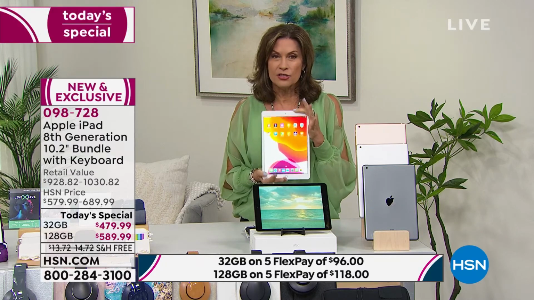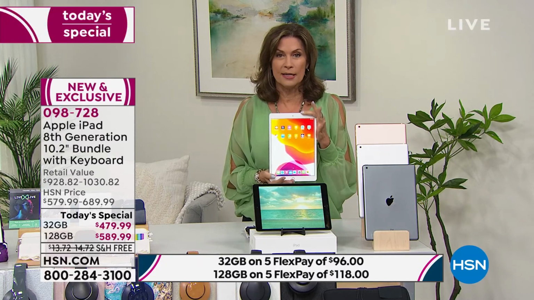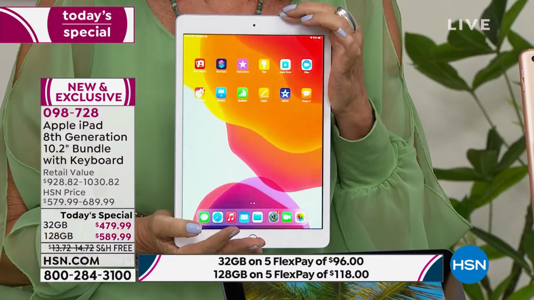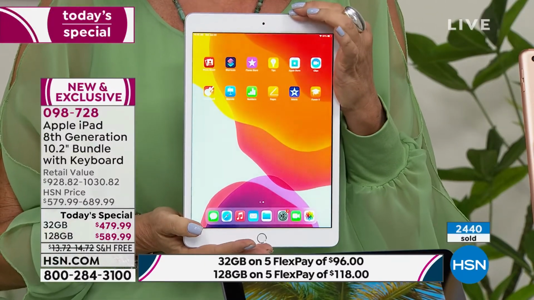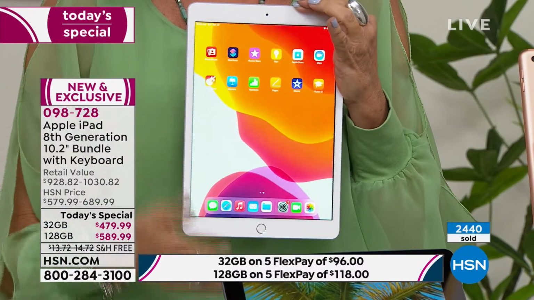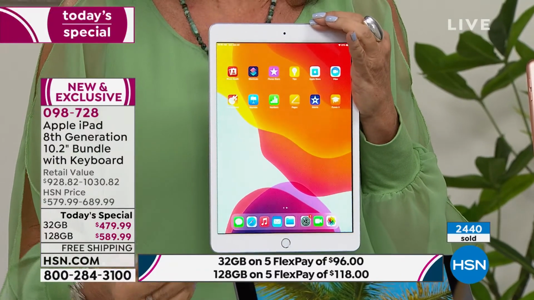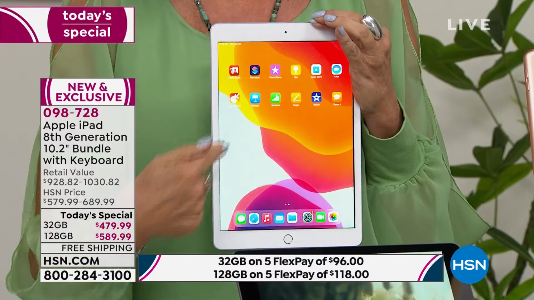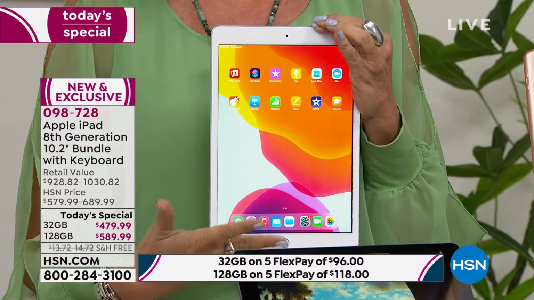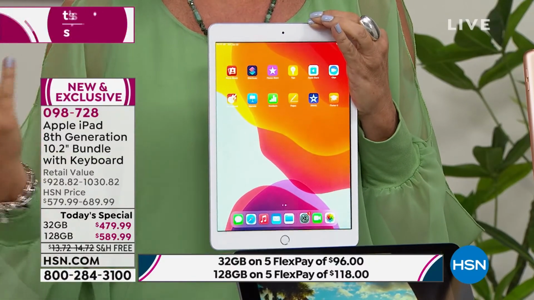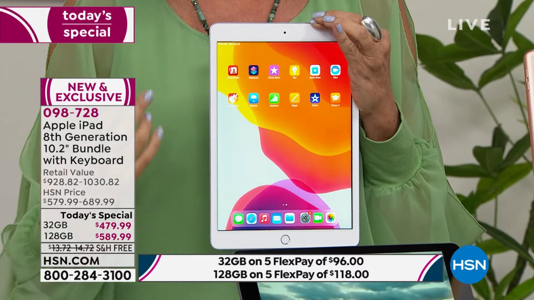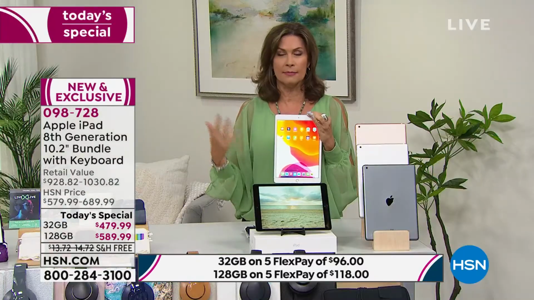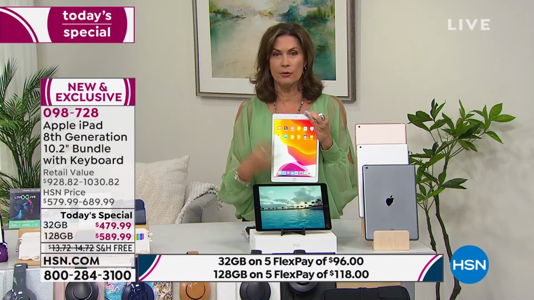It is a product that changed all products. It is a product that changed the world. It is a product that changes the way that you will do everything every day. You can get up, you can read the paper, you can listen to music, you can do your banking. I deposit my checks now, right, on my iPad. It's so incredible. I was with my friend Rich the other day on a boat. He needed something scanned and notarized.